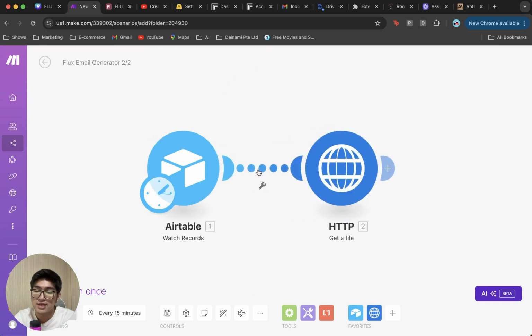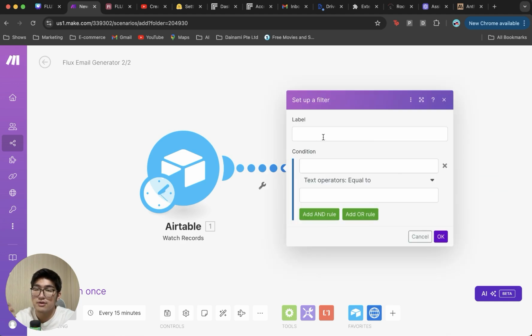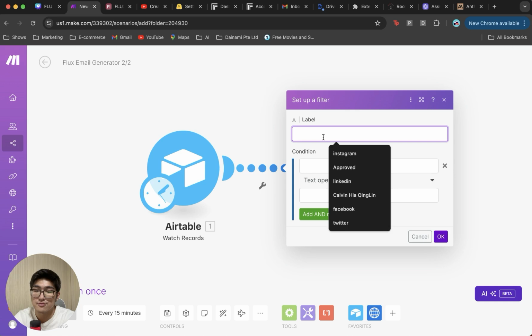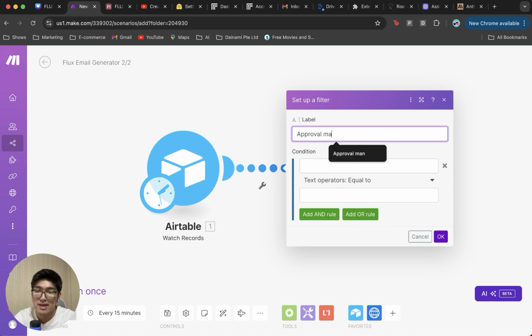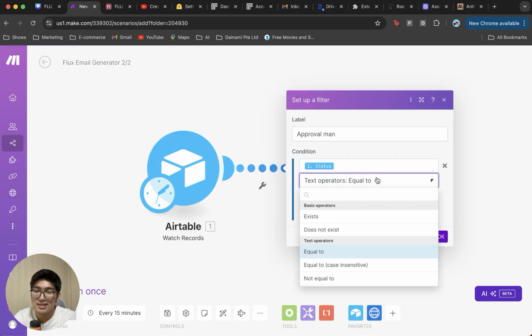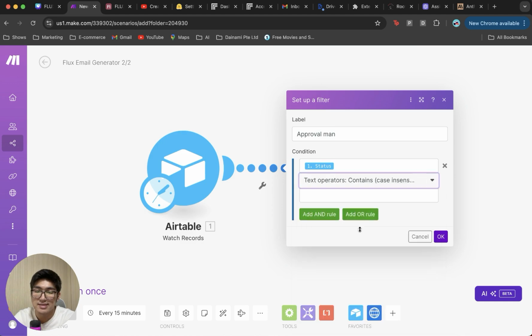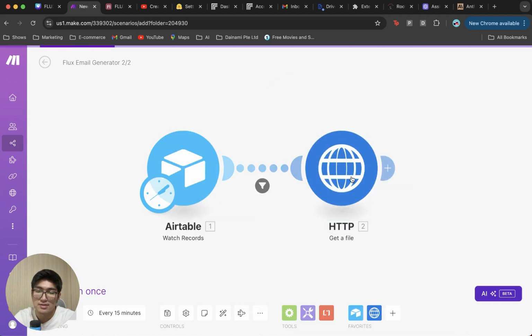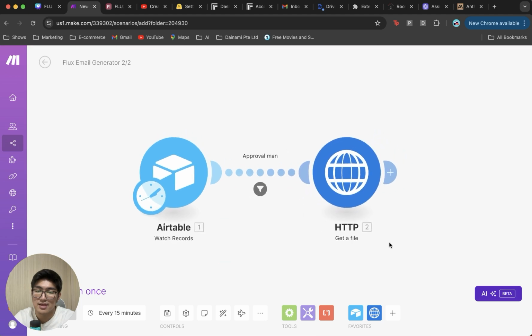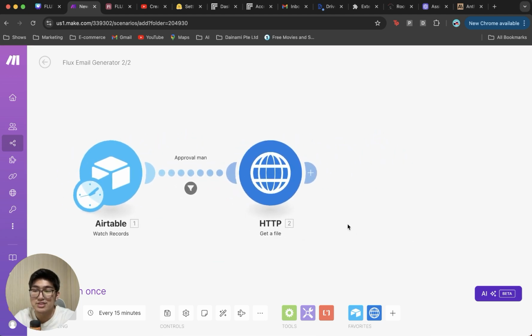Right, so we're gonna add in a filter as well and make sure that we only get the files of the ones that we have approved. So we're gonna call this the approval man, and we're gonna click status and text operator contain case insensitive approved. Done. All right, our filter is done, and we're gonna have the final module, which is to connect it to